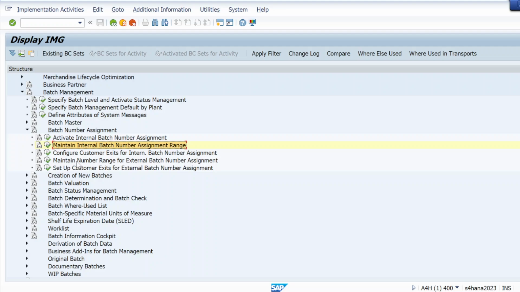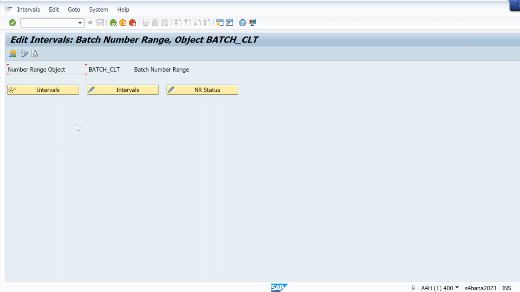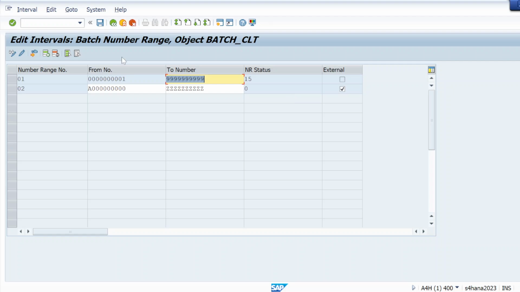We will just go here, maintain number range for external batch number assignment. Meanwhile, it's not required because we have already created both internal and external from here itself.